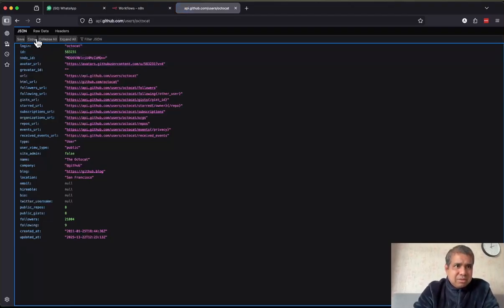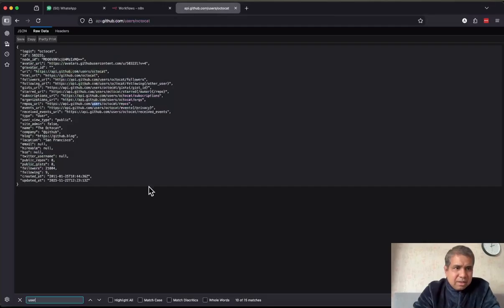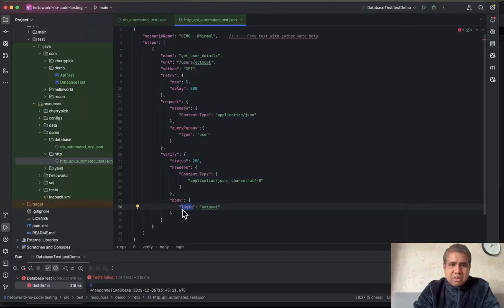and you can do a raw data here. You see the JSON has come, and in this JSON you can assert everything as it is, or you may not be interested in all the fields. You are just interested in user fields. Login. So there is a login here and ID here. So let's copy this and put it in our body section. Okay, yeah,